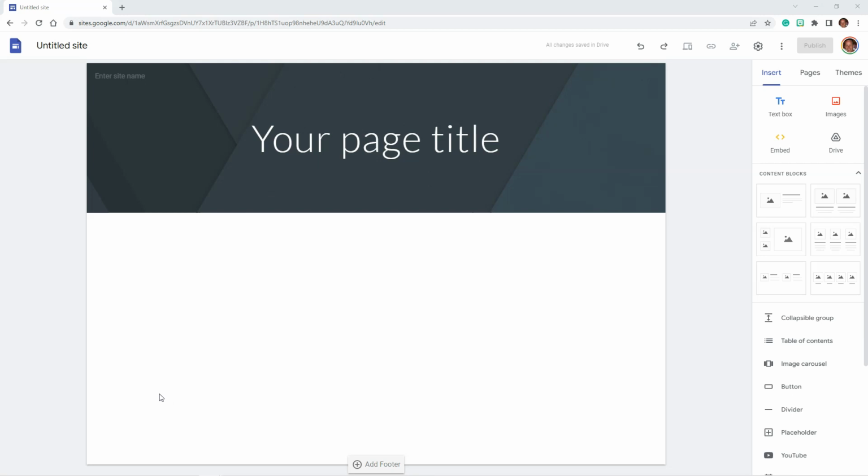But the first thing we want to do is title our website. And this is the actual file name that we're going to call it. So this is not the title of your website. This is just your file name. So I can call this anything. I'm going to call this Portfolio Tutorial Site. So when I go into my Google Sites, I am going to select this file name that is called Portfolio